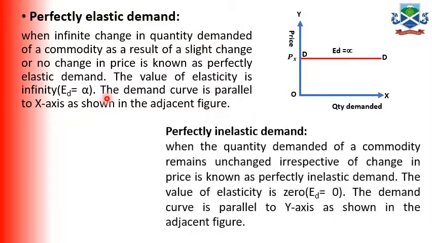Next one is perfectly inelastic demand. When quantity demanded of a commodity remains unchanged irrespective of any change in price, that is known as perfectly inelastic demand. Demand is constant, just the opposite case of perfectly elastic demand. Demand is constant even when price varies infinitely, or any change in price, demand is constant,